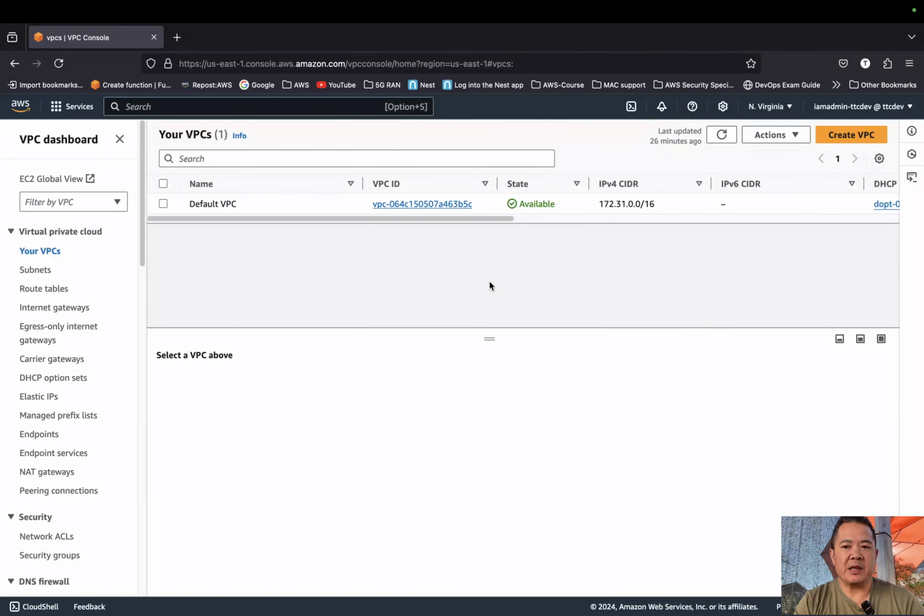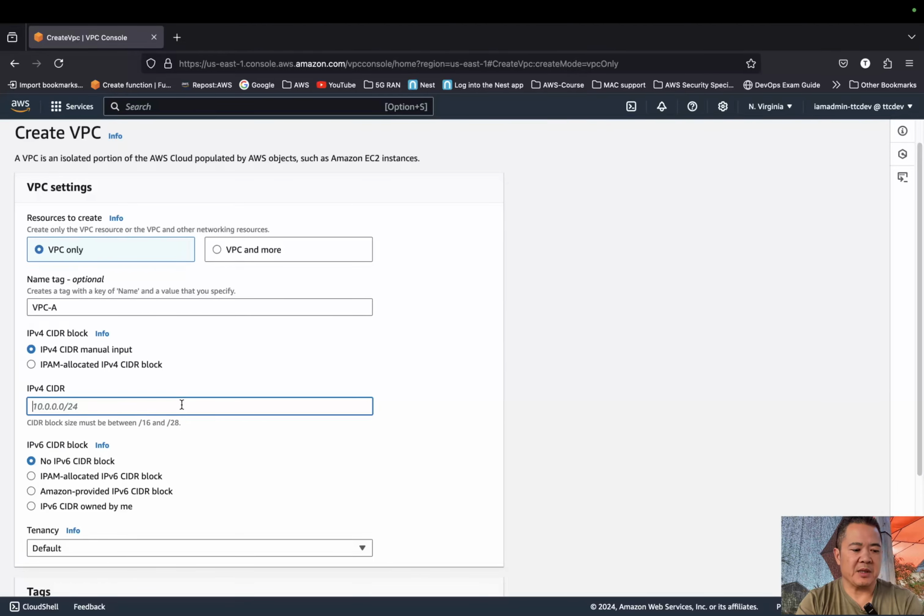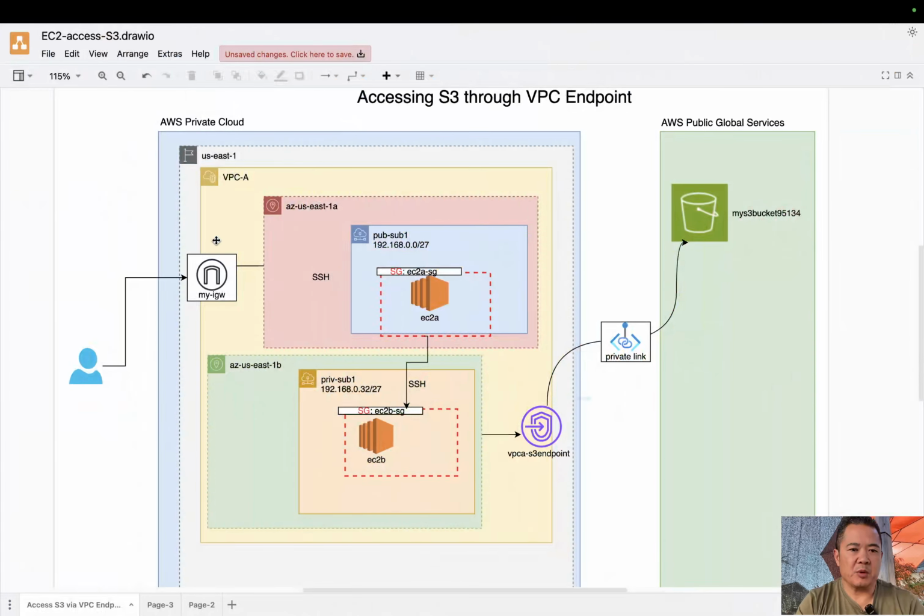Okay, so here I am in the AWS console. So the only VPC here is the default VPC. So what I want to do is create a VPC. So I'll call this VPC-A, and I'm going to give it the IP address of what is that we wanted to use. I'm going to use